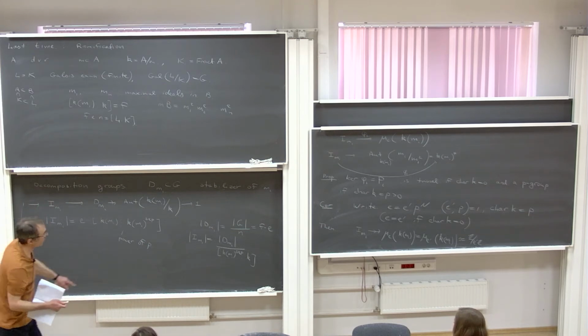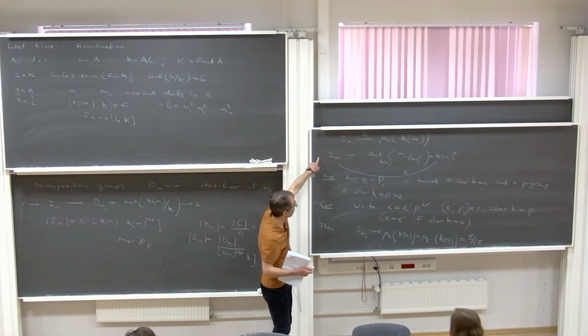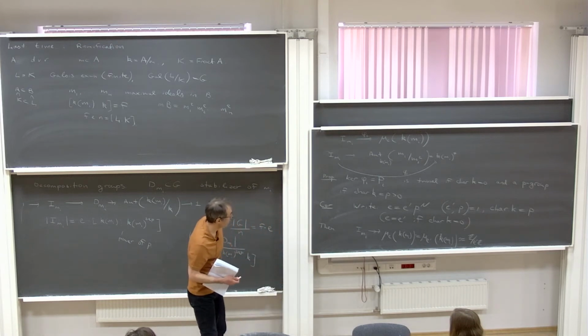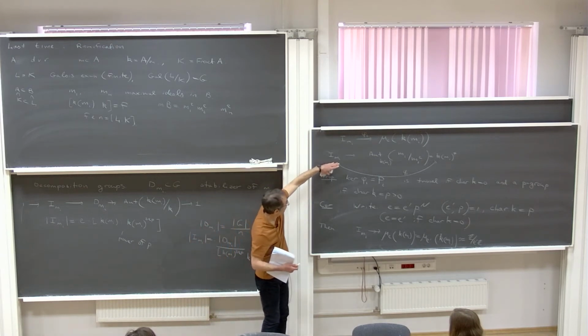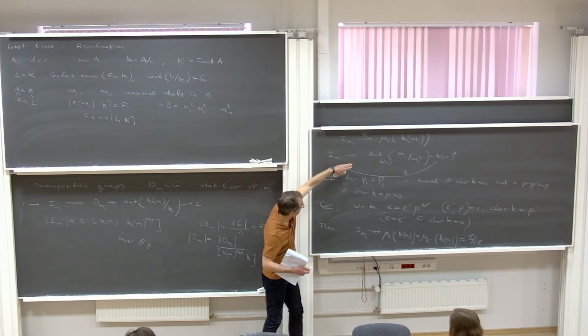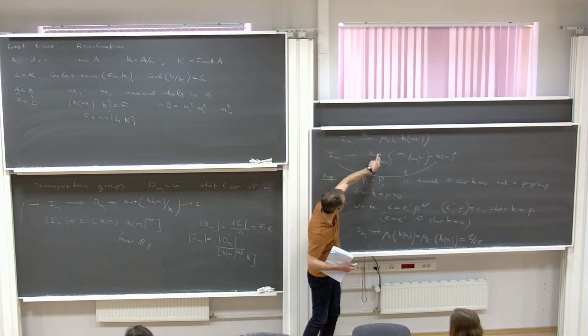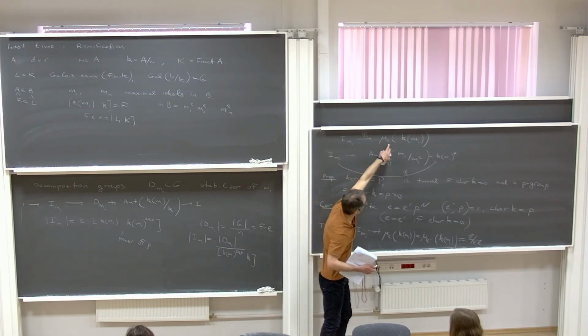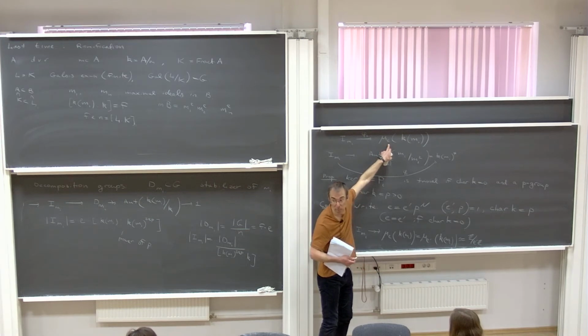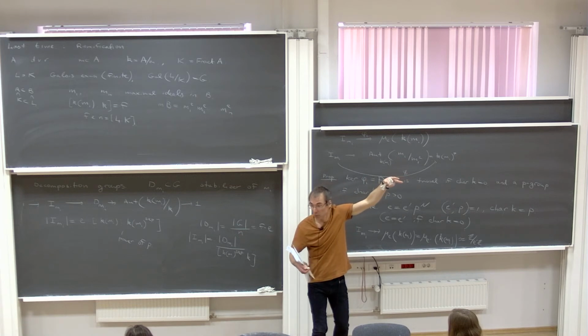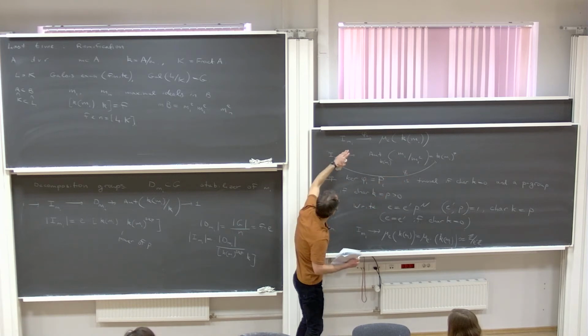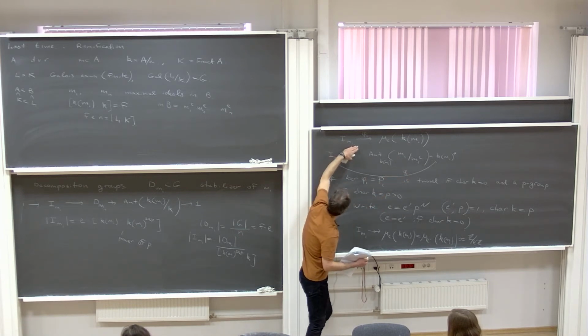And the kernel of this map is a P group. Therefore, the image, well, this group has order relatively prime to P, right? Again, because there are no roots of unity of order P. So it means that the image